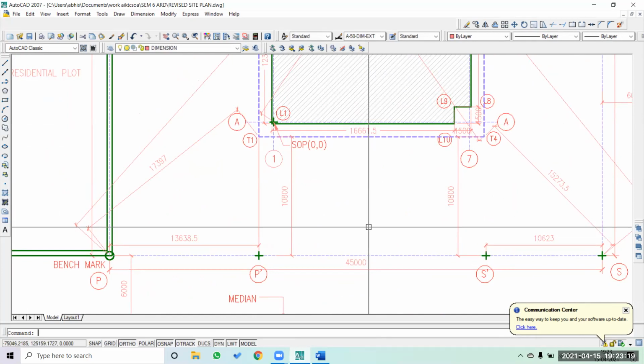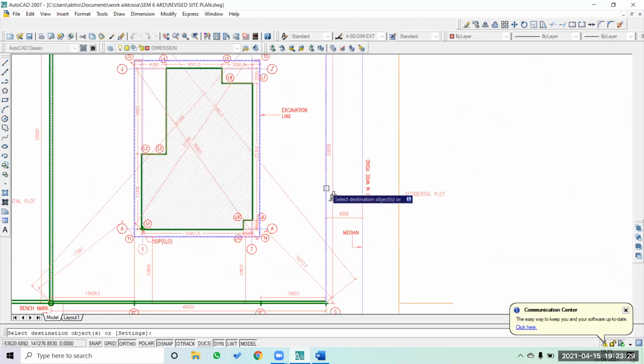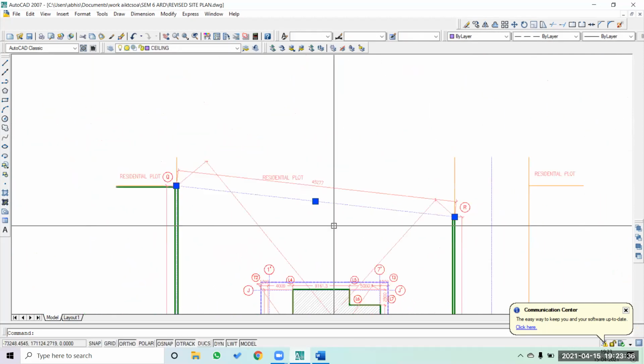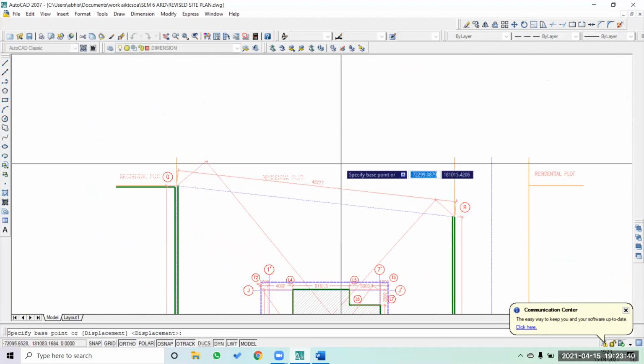So now I'm going to create a compound wall of 350 thick. Now a few lines will be gone. Similarly, this will be that. So I'm creating an offset. In this case, there is a residential plot here.